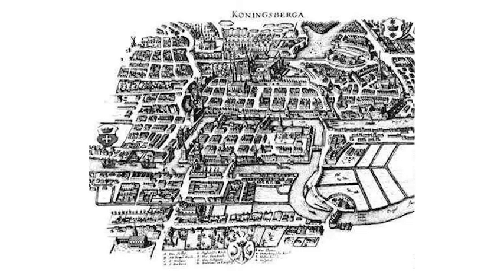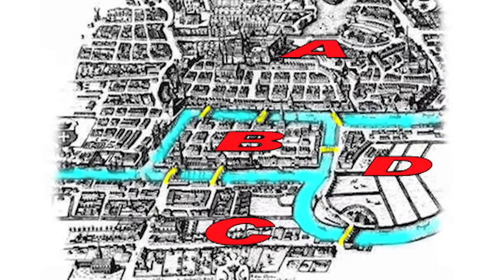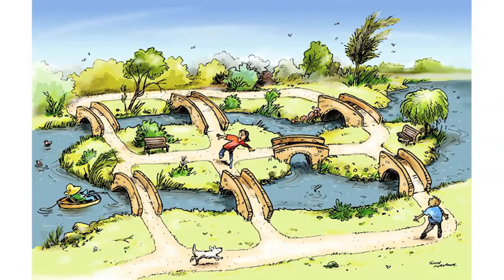As you can see, the river Pregel flows through Königsberg, dividing the city into 4 different areas, which are connected by 7 bridges. If one leaves from any area of the city, can one return to the starting point without passing even one of the bridges twice? Well, this simple thing seemed to be impossible.